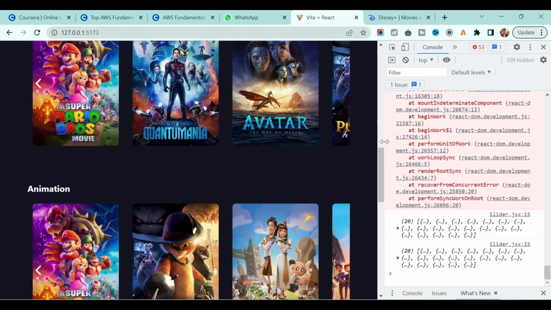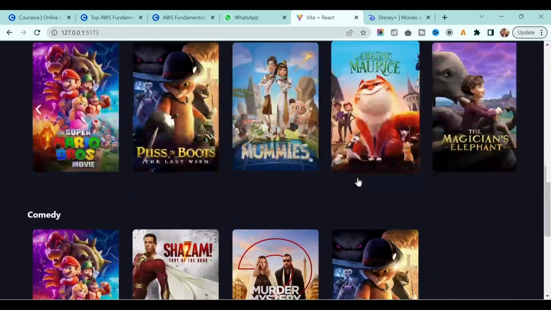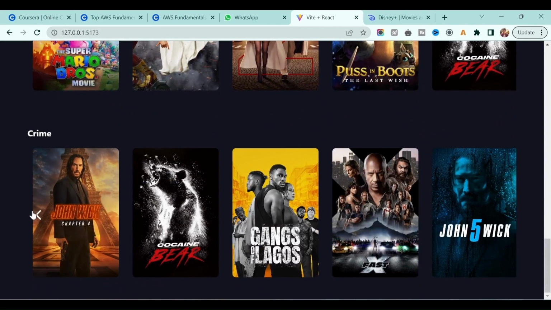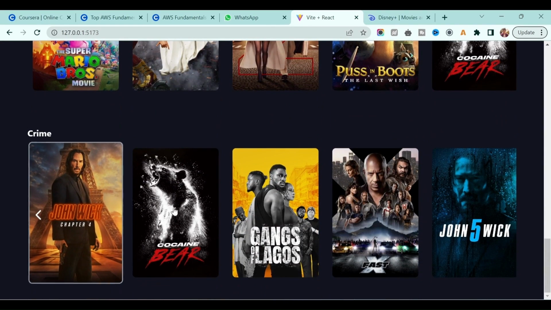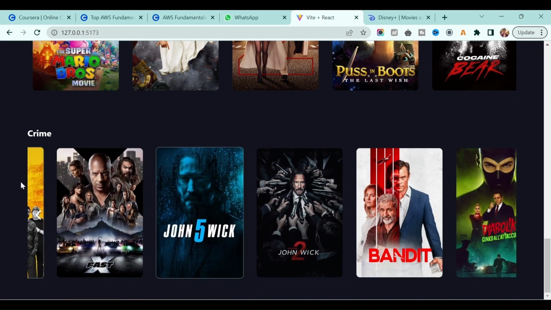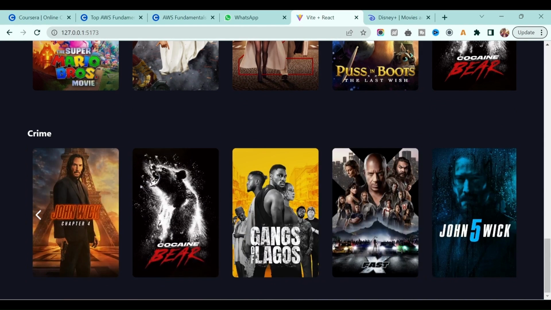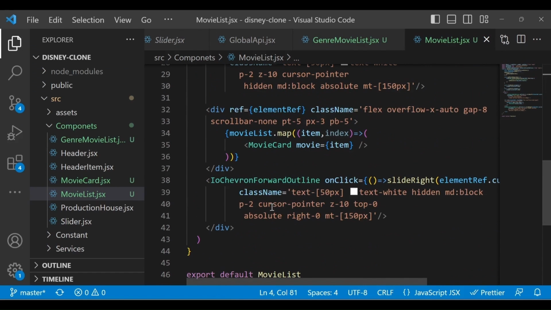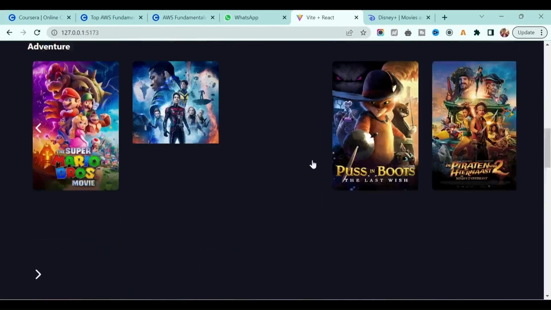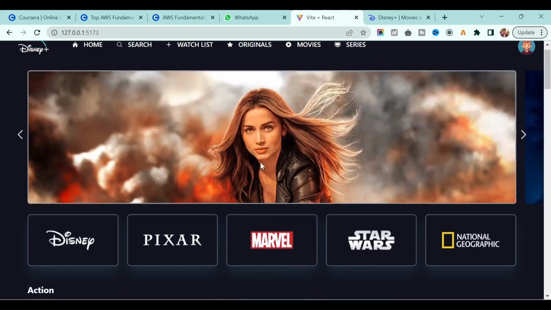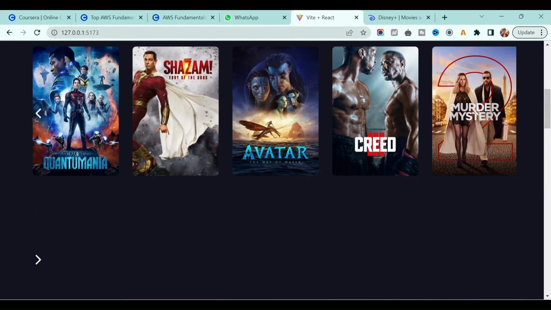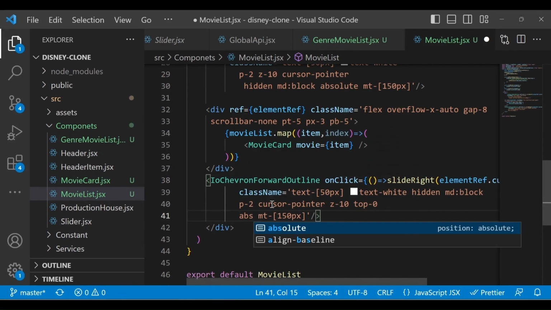Okay, if I increase the screen size, right now if you see, right, we are only getting this left button. I don't know why right now it's not showing. Okay, let's see the issue. So this is the right one, and the position is absolute, right. Let's see what's the issue. Okay, so if you see, right, we are getting this button below this one. So let's say it's absolute position.